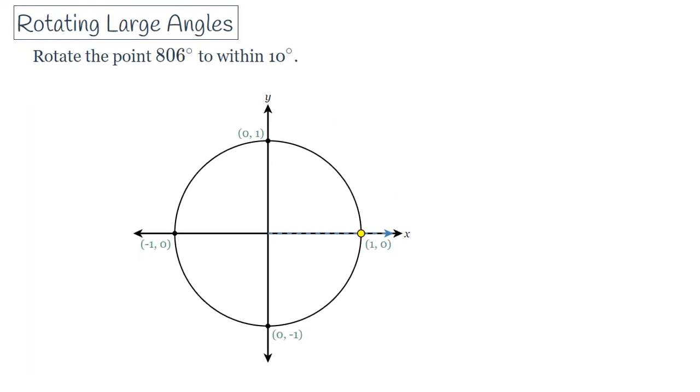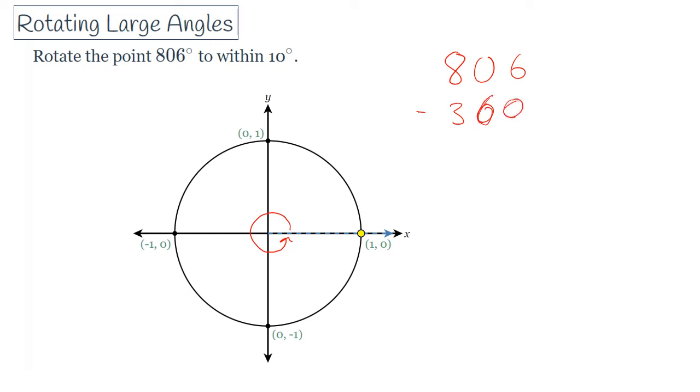All right. The last one is just rotating large angles. Now, the difference here is these angles will be larger than 360. So what happens when you rotate an angle larger than 360, you just keep going around the circle. So if I go around this circle in a positive direction, which would be a counterclockwise direction, and I go around it one time around, that's 360 degrees. So if I started with 806 and I went around